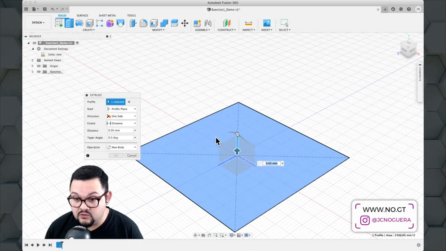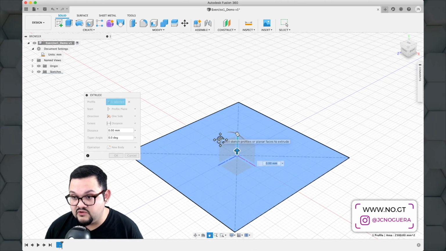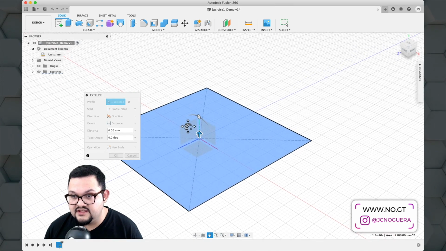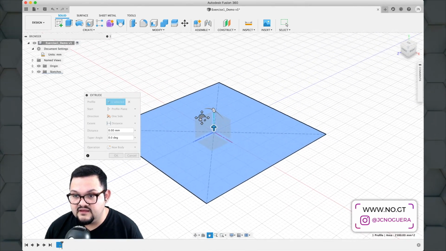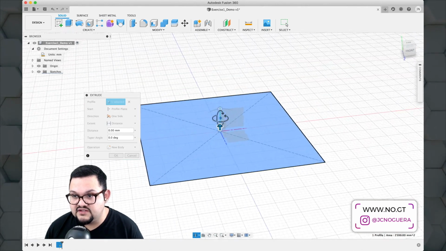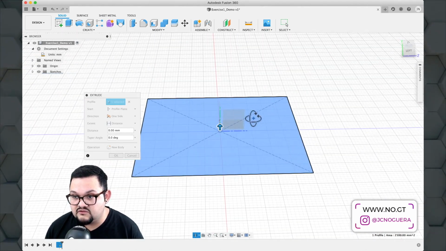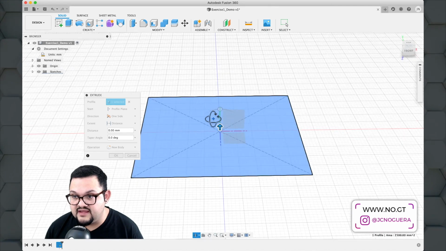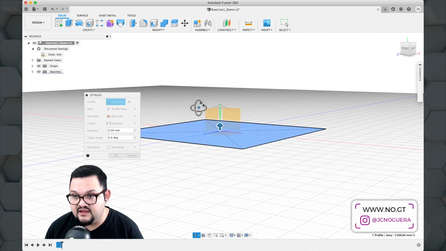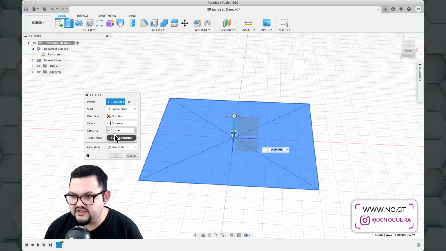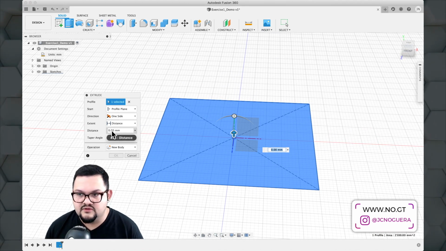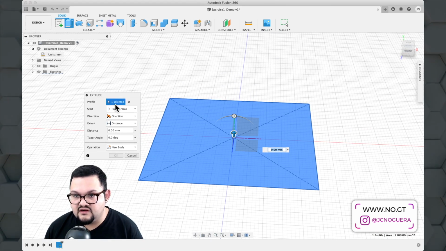And if you click your scroll wheel and then move your mouse around, you will be able to pan the view. So this combination of the Shift key and your scroll wheel is going to allow you to navigate the interface in different ways. Now that I've rotated the view to be a bit more comfortable, I'm going to enter here on the Extrude